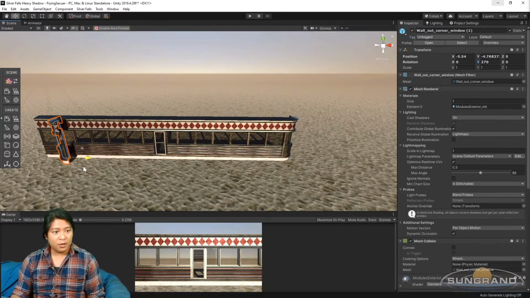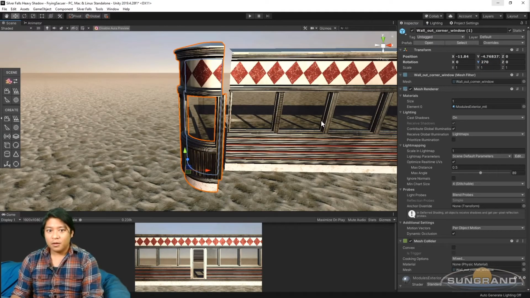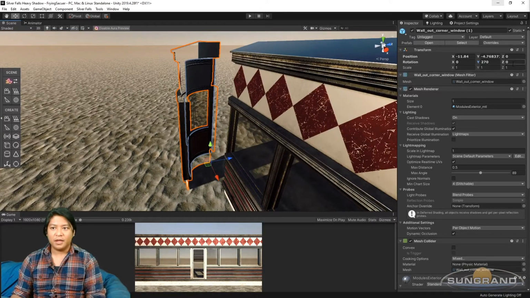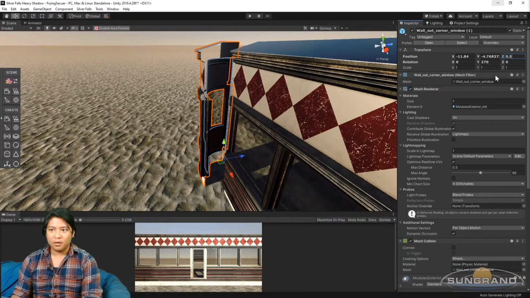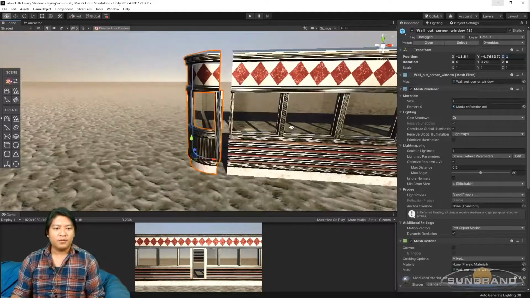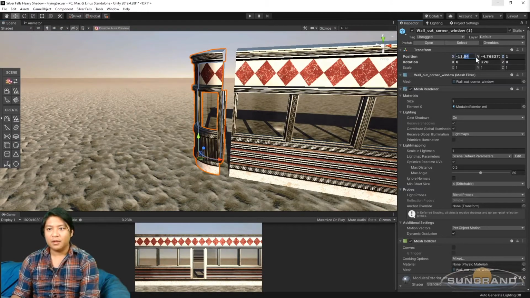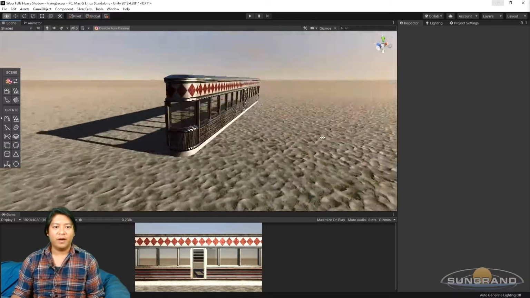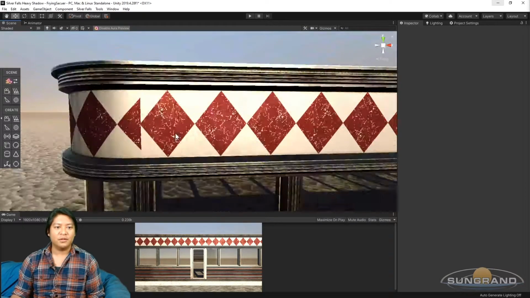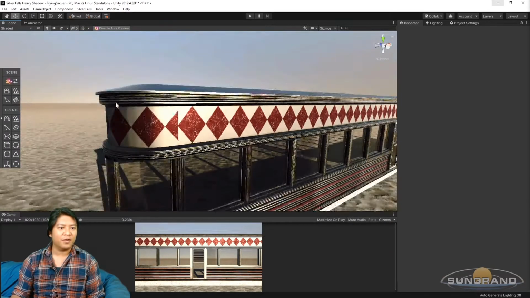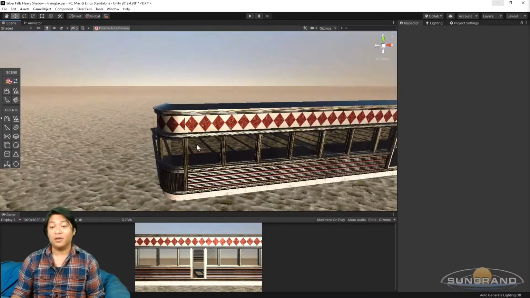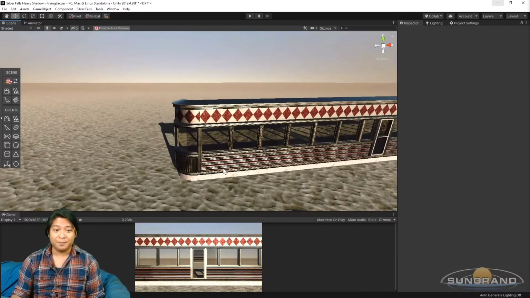So here we go. All right, so it looks like that needs to be moved in 1 meter like that, and that's negative 11.5. There we go. Now, unfortunately, that's cut a bit funny there. I'm going to see if I can sort of cover over that with maybe